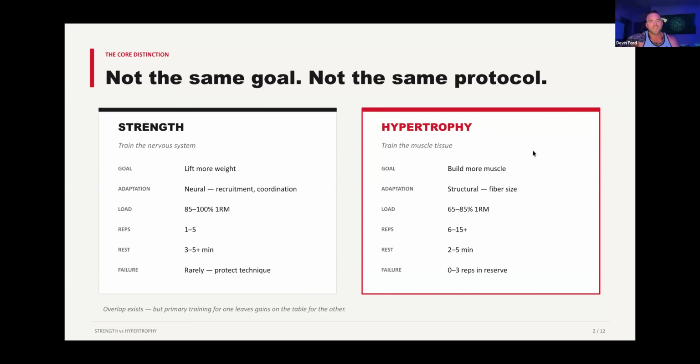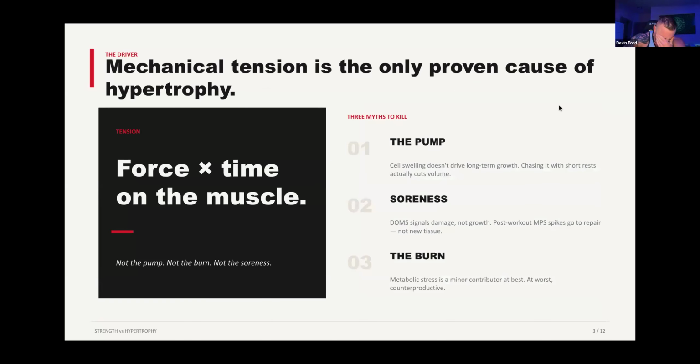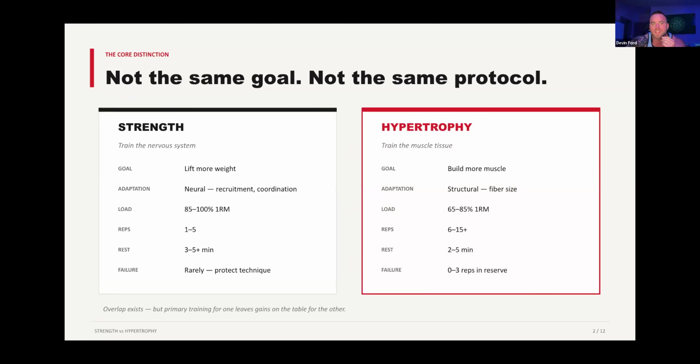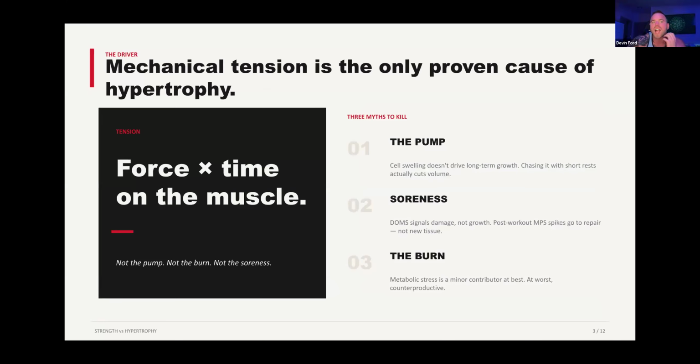So that kind of makes sense a little bit first, just strength and hypertrophy. We're going to dive into this more. But now, without getting too crazy about this, if we're looking at hypertrophy, what actually causes hypertrophy? Strength is neurological. Strength is, again, the choreography of your muscle, not the increase of muscle. So if we're looking at hypertrophy, we're looking at increasing muscle, what actually causes the increase of muscle?